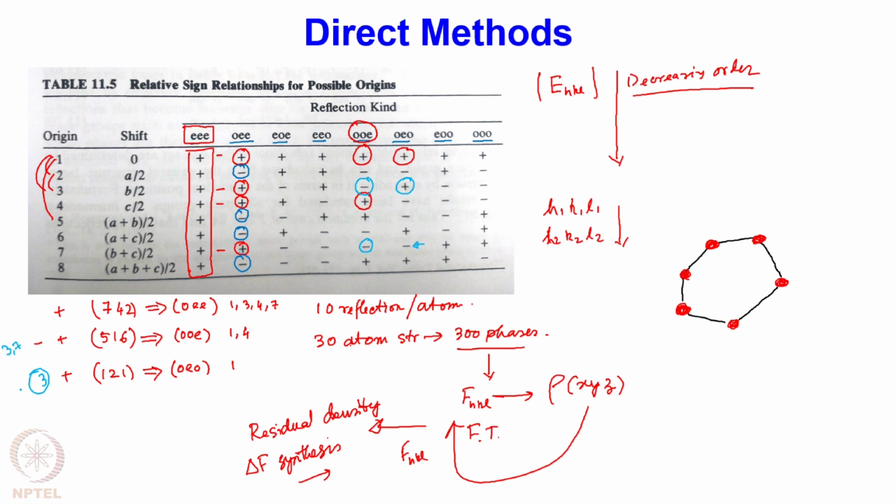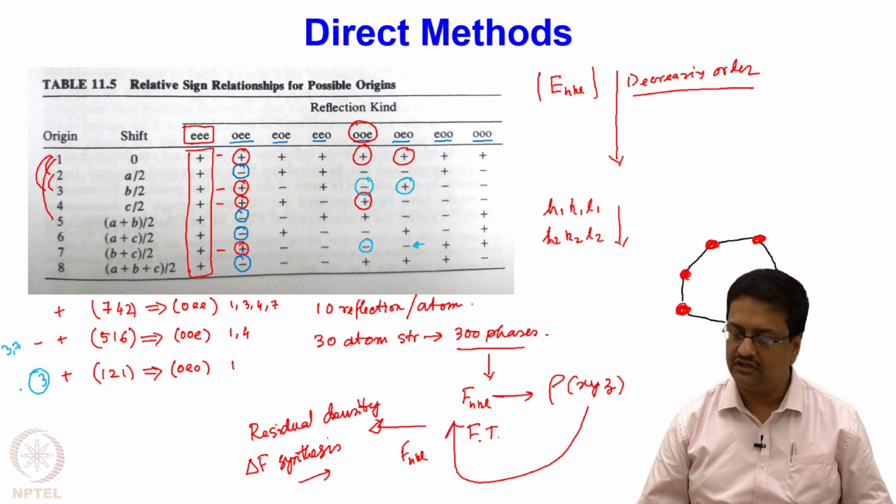So this method was extremely difficult until computer programs were incorporated, and these phases had to be done by hand, and it used to take a large amount of time to solve one structure. Not too many years ago, about 30 years ago, this was reasonably difficult, but after ShelX came into the picture in the 1970s, this random phase determination and simultaneous Fourier transformation has become significantly useful for all kinds of centrosymmetric and non-centrosymmetric structures. So with this we will conclude the part on direct methods,